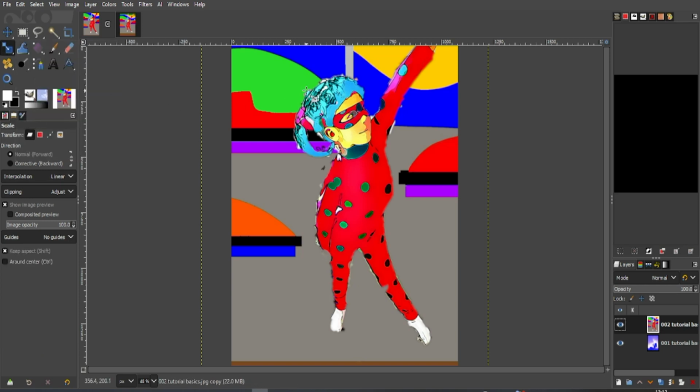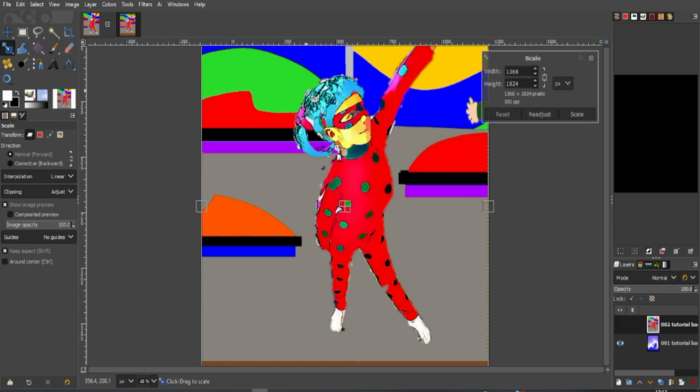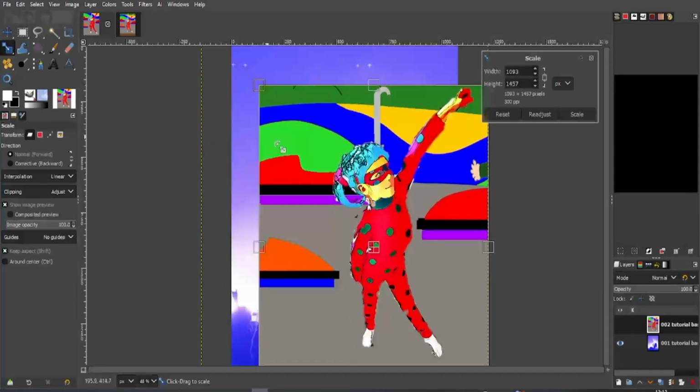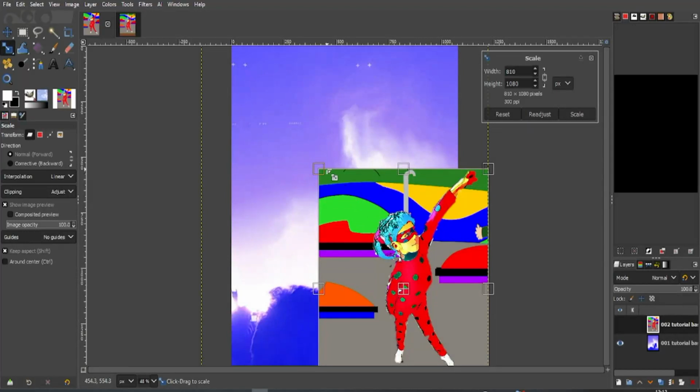but we want scale at the moment, because what we want to do is click on that and it brings it up, and we click on it to bring it down. Yes, the cursor changes to show where we're bringing it down from or in. The little box up here shows you the pixel height and width. If you want to keep it scaled the same, which we do at the moment, you make sure that